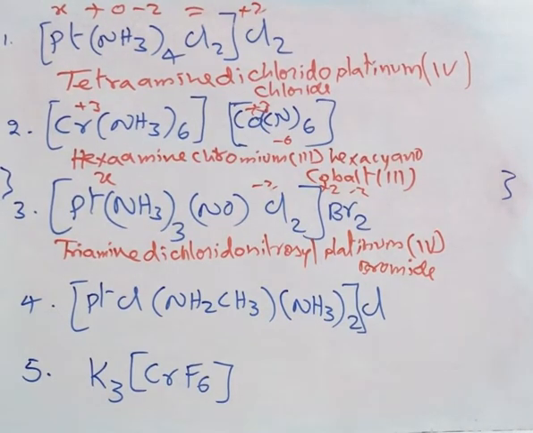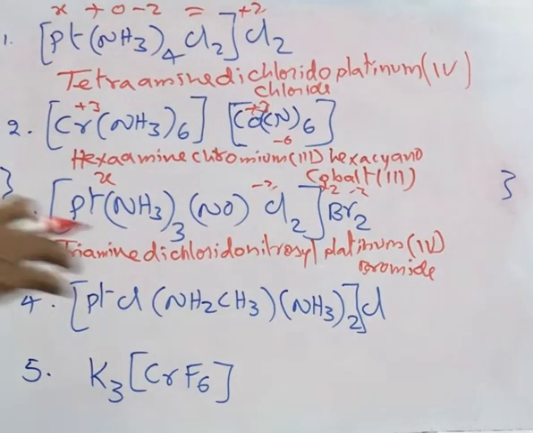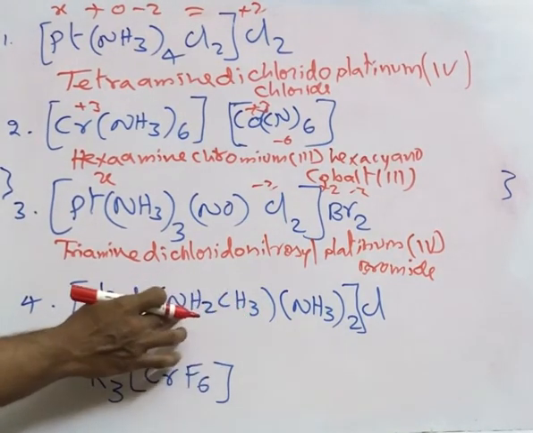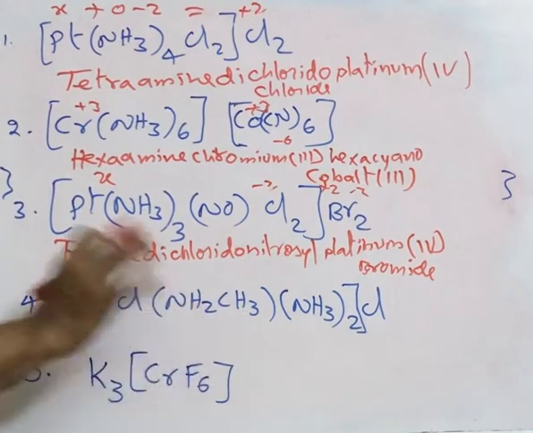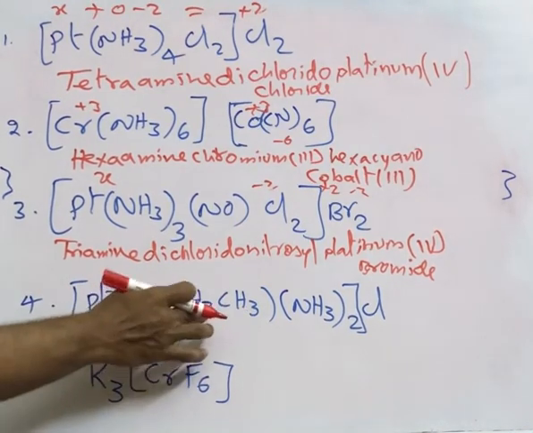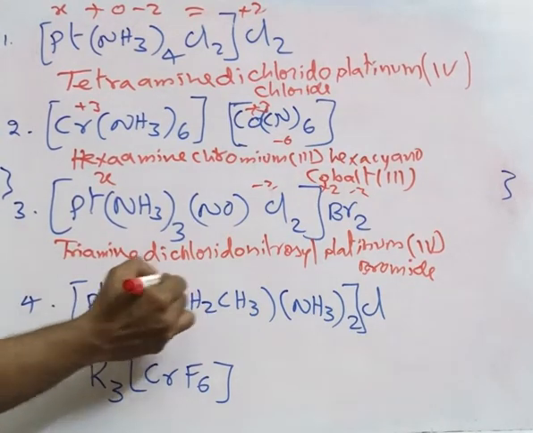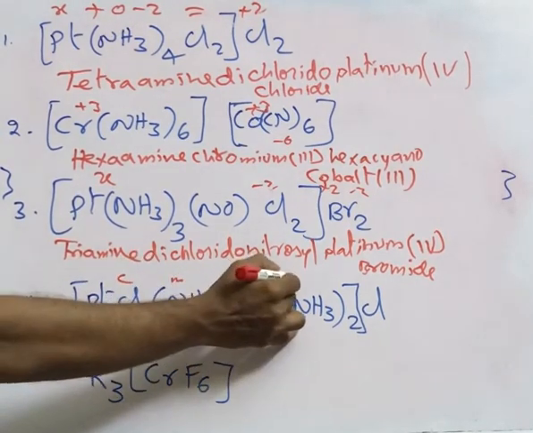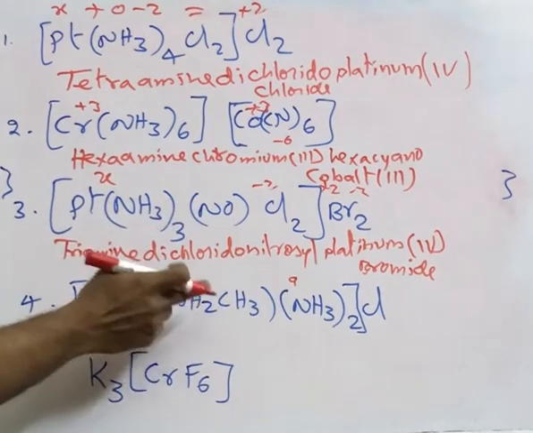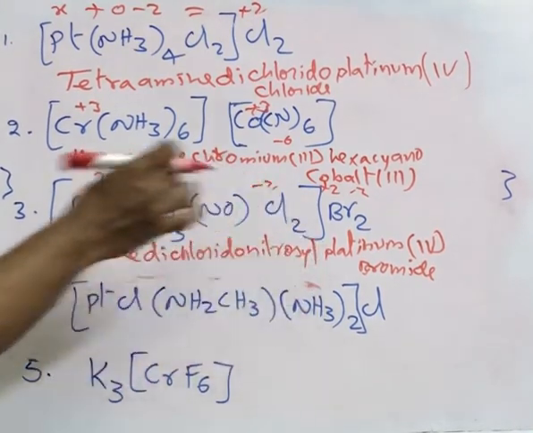Next we have another one, which is also based on platinum. You can see here 3 different ligands are there. One is the chlorido ligand, one is the amine ligand, and another one is methyl substituted amine, methylamine. I have methane, in that one H was replaced by NH2, so methylamine. So this is methylamine, this is chlorido, and this is amine. So amine first you write, then chlorido, then methylamine. This is the way we will write.